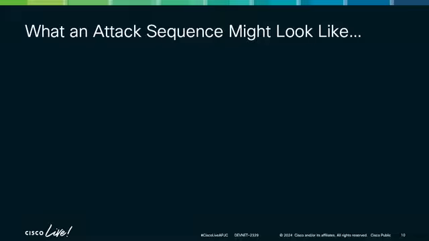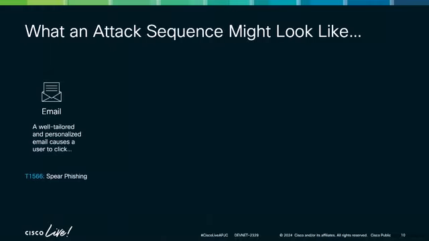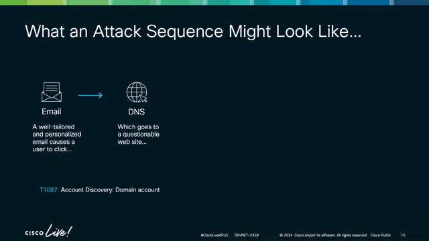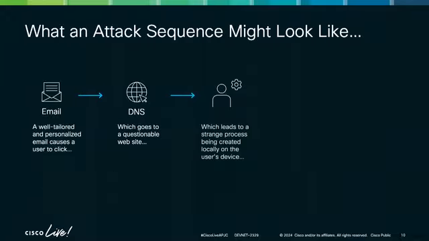A typical sequence that malware might undergo could start with just a simple email. Maybe it's well tailored, maybe it tries to get you to click on a link, but that's a very common starting point. Not always the only one, but a very common one. And once that email link is clicked on, it might make a DNS request out to some kind of questionable site, and then from there, it essentially